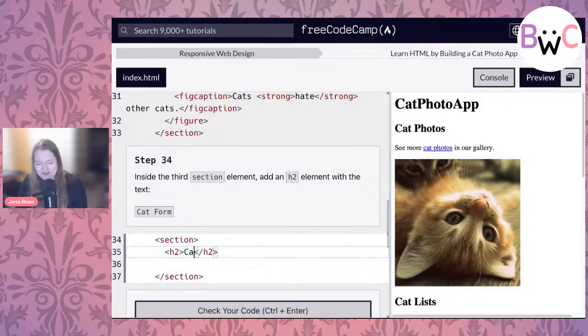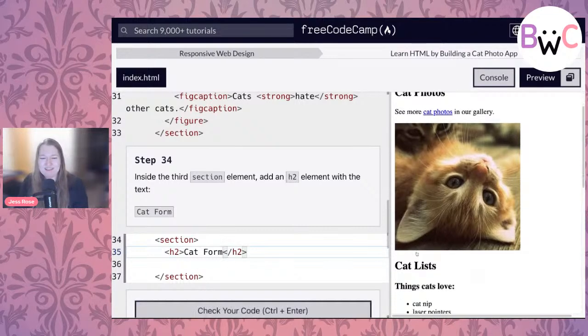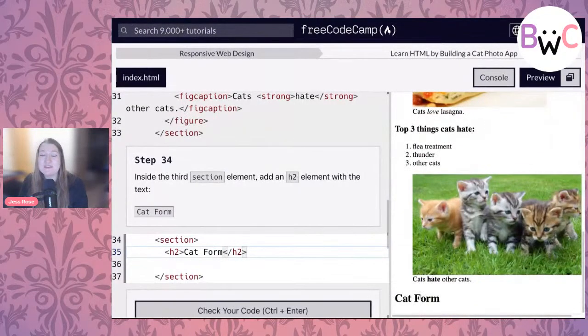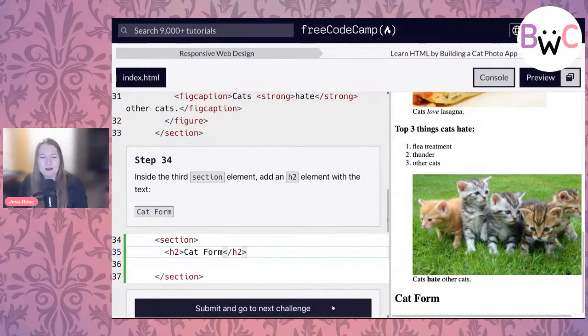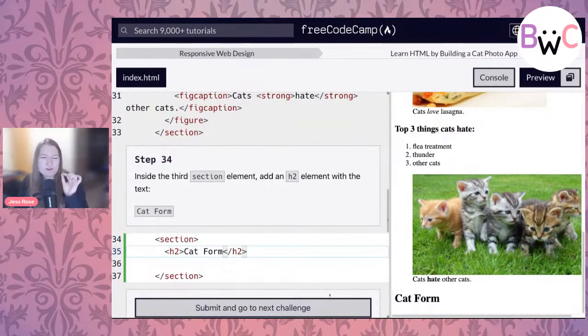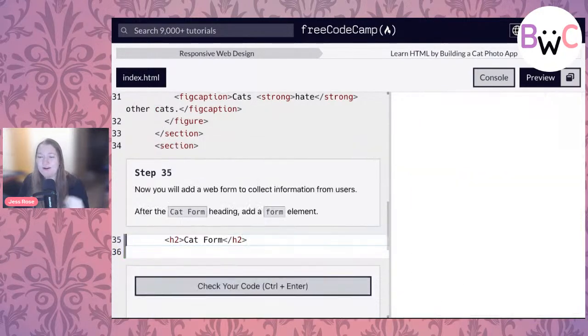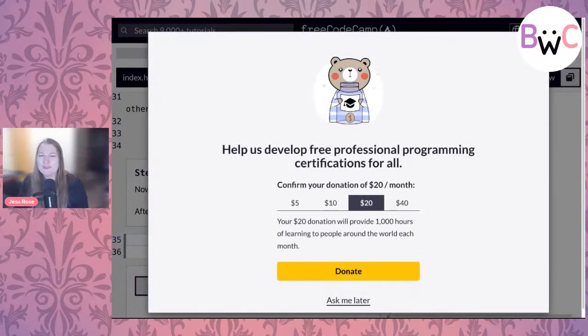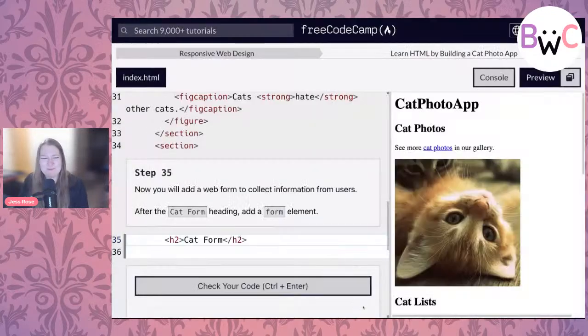Do you know what the worst thing is? I'm going to abandon you all just as this gets hard, because this is saying, hey, this section is for the cat form. We're going to preview forms, and forms are a little bit hard. So remember, if you get stuck, come onto the Discord, come onto the forum. And this is saying, hey, if you've got the money to donate, it's a really nice thing to do. And donating goes to freeCodeCamp. It doesn't go to the bad website club. So this is going to be a little bit hard.